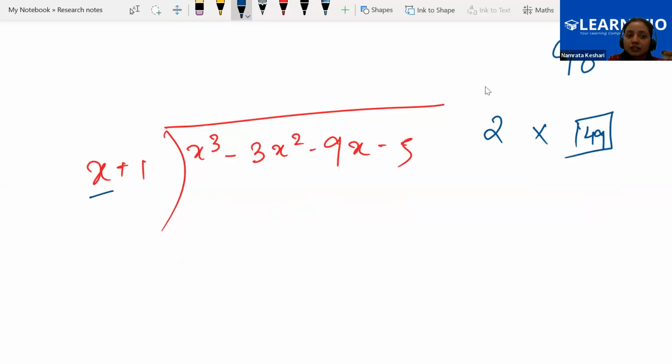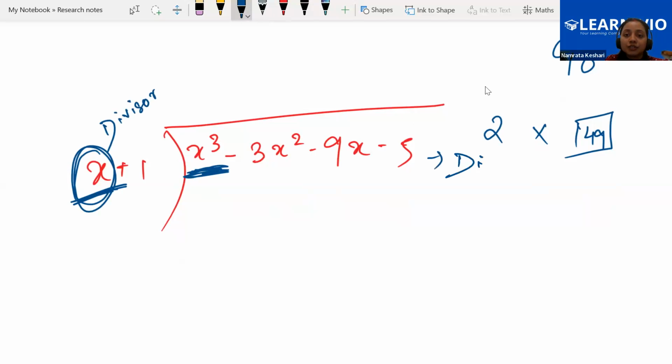सबसे पहले क्या देखेंगे, इस डिवाइजर का फर्स्ट टर्म देखेंगे और डिविडेंड का फर्स्ट टर्म देखेंगे. और एक क्वेश्चन आस्क करेंगे कि इस x में क्या मल्टीप्लाई करते हैं तो x क्यूब जनरेट हो जाए। जो डिवाइजर में x है इसको डिवाइजर बोलते हैं। x प्लस वन डिवाइजर, डिवाइजर का फर्स्ट टर्म और डिविडेंड का फर्स्ट टर्म ध्यान से केयरफुली देखेंगे और एक क्वेश्चन आस्क करेंगे कि जो डिवाइजर का फर्स्ट टर्म है उसमें क्या मल्टीप्लाई कर दे कि डिविडेंड का फर्स्ट टर्म आ जाए। सो x में क्या मल्टीप्लाई करेंगे तो x क्यूब आएगा।